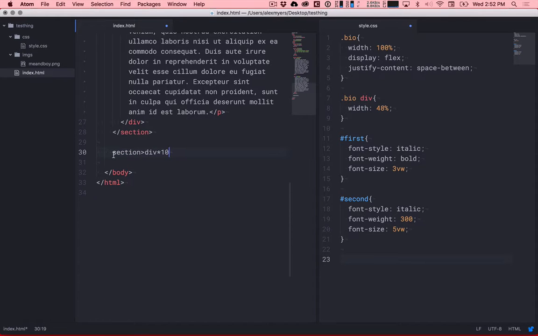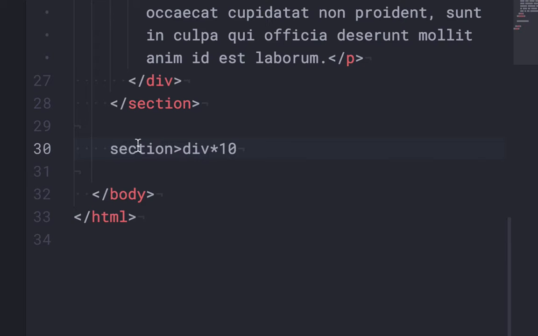So I'm using Emmet. This is not something built into HTML or CSS, but this is that very first package I had you guys install. Section, and then this greater than sign, this caret. This caret means a direct descendant. This is CSS notation, but it means a direct descendant. So the first thing you put in is the parent, and then if you use a caret, the next thing has to be